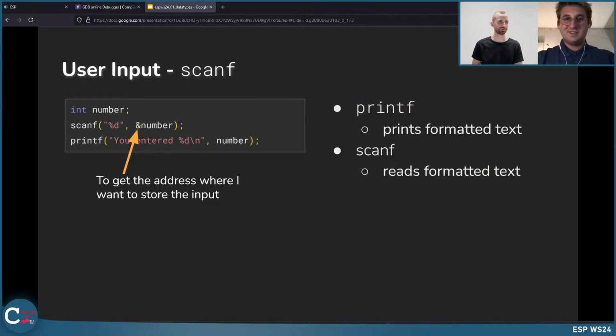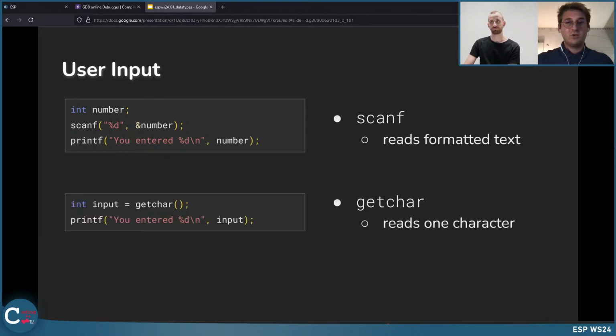But that's a good hint for another function we could use. When talking about characters, we could use the function getchar. This only reads one single character, just an alternative to scanf that could, for example, also read multiple characters.